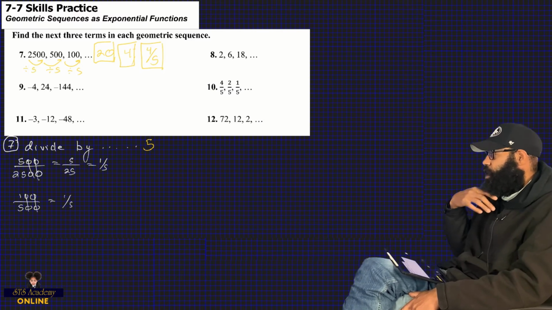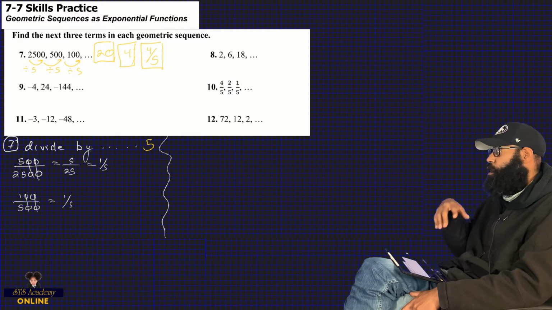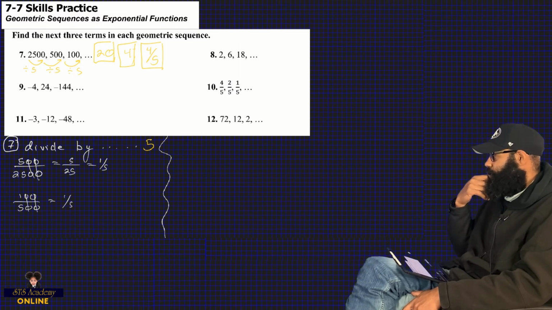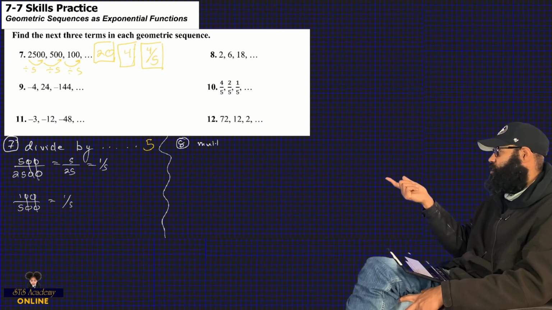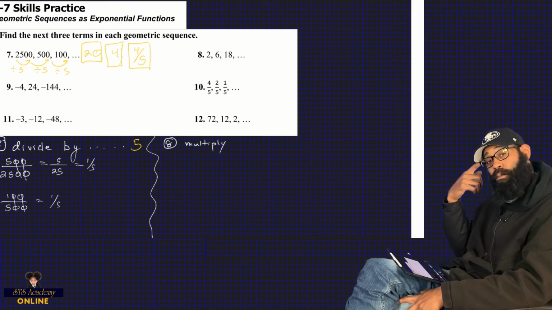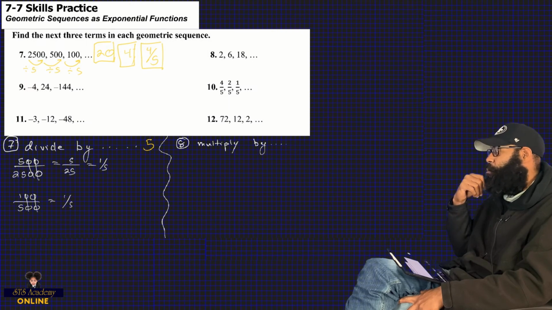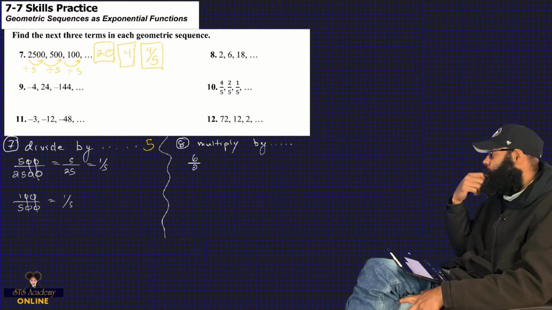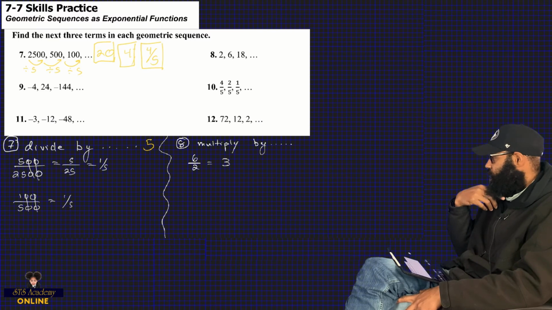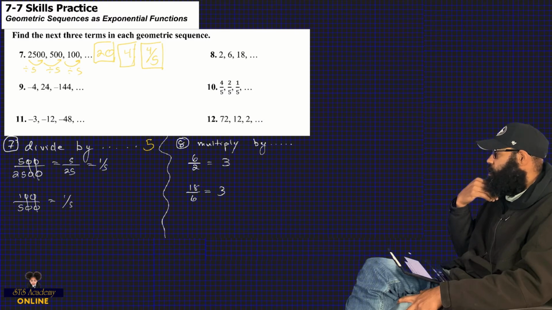So I showed it, I got it, I think it's good. Let's move on to our next one, number 8. So for 8, I see the number is a little bigger. 2, 6, 18. So my brain is thinking multiply, of course. Well, let's use that little technique. Find our common ratio. 6 divided by 2, easy enough. 18 divided by 6, easy enough. So it looks to me that my pattern is to multiply by